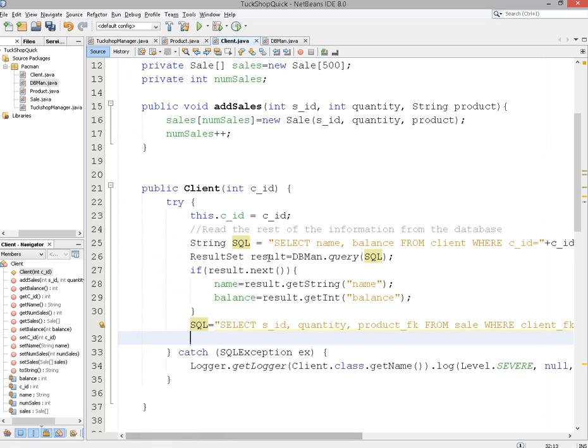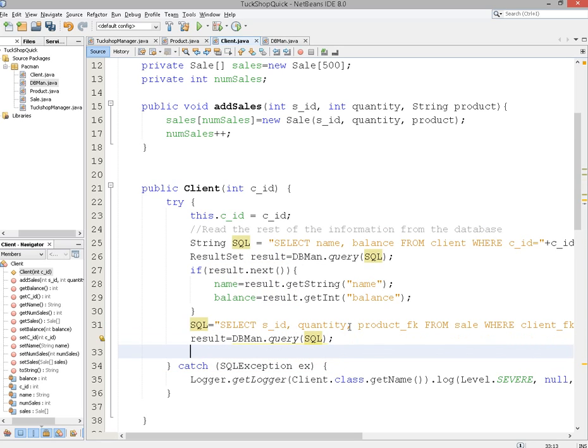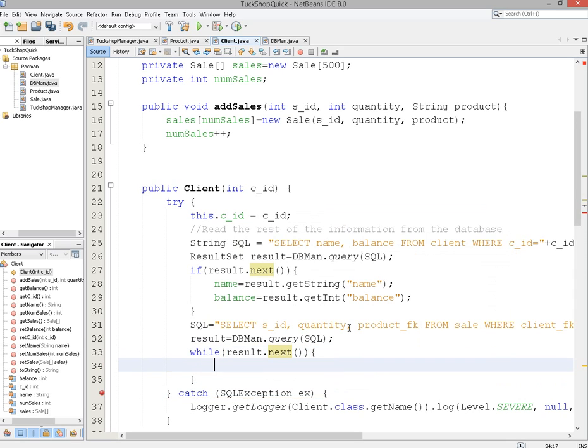But now we've already got a result, so we can reuse that result. We don't need it again. So we go result is equal to dbman.query. So now we're changing that result set to be now with this SQL statement results. Now this one's going to have multiple results, so we go while result.next, and while we're looping that, we're going to need an integer. So we need integer sales ID is equal to result.getInt, and we're going to then get the sales ID from